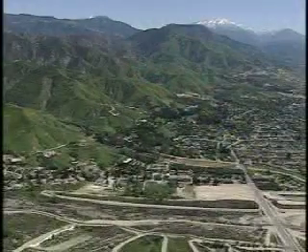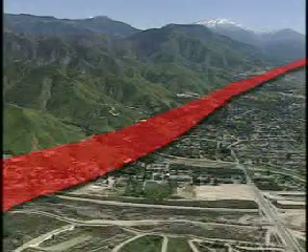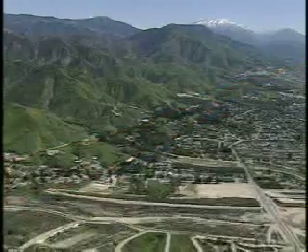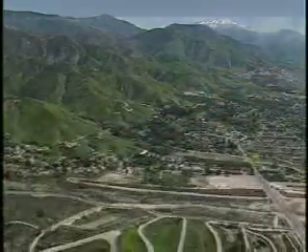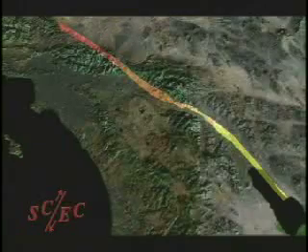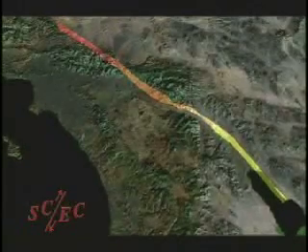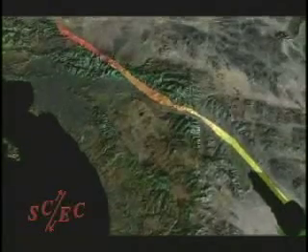Another major quake is imminent because this section of the fault last moved in 1812 and retains some 14 feet of unreleased stress. A combined movement of these 2 fault segments will generate a magnitude 7.8 earthquake. And if the movement continues even farther into the Mojave Desert, it will release another 15 feet of accumulated stress. So the combined movement of the 3 segments could trigger a magnitude 8 earthquake.